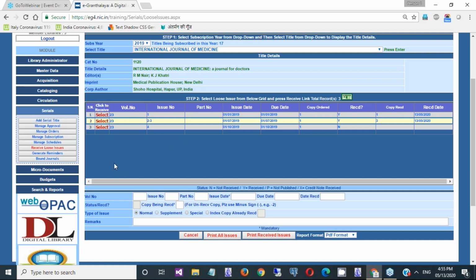Another variation is that suppose you have received 3 copies by mistake. These were not 3, basically these were 2 copies. So what you will do, you just minus 1 receive. Now 1 copy is deleted, so only 2 copies received. In this way you will receive all the complete loose issues, whenever they appear, they will reach the library accordingly,